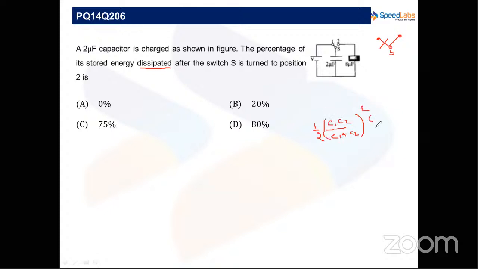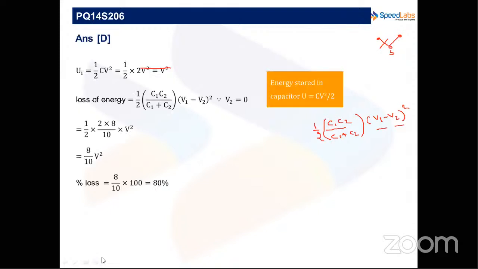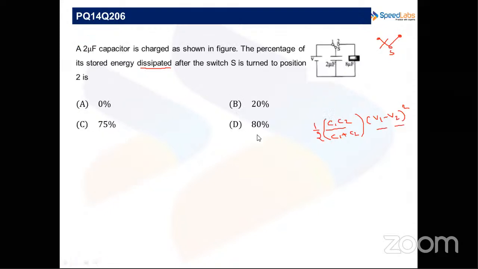whole square into (V1 minus V2) whole square, that is, potential changes from V1 to V2. That is the energy loss. अगर किसी को फॉर्मूला याद है तो फास्ट हो जाएगा, अगर नहीं याद है तो टाइम लगेगा, ठीक है। So 1 second. पहले assume करते हैं कि फॉर्मूला याद है and then assume करेंगे कि फॉर्मूला जिसको नहीं आता, उसको कितना टाइम लगेगा. So initially, if I talk about energy stored initially,